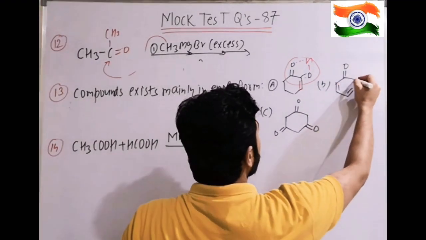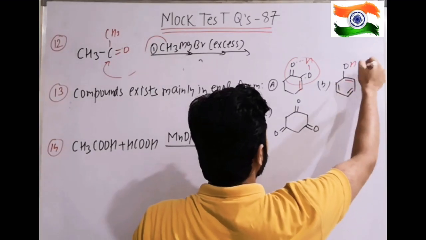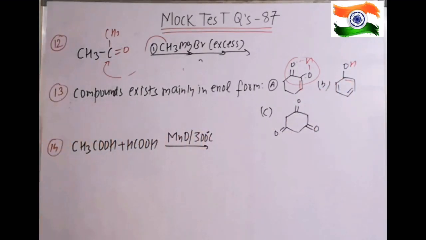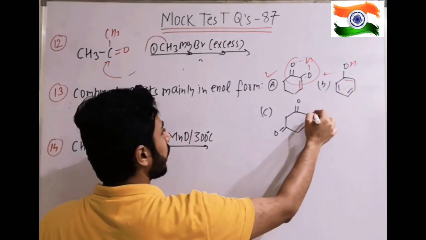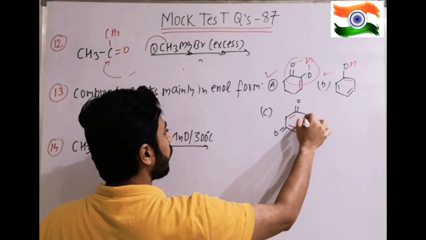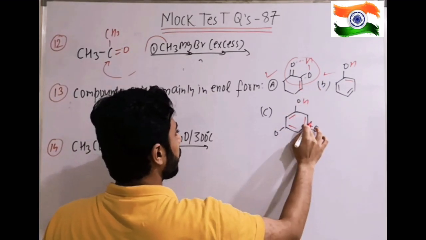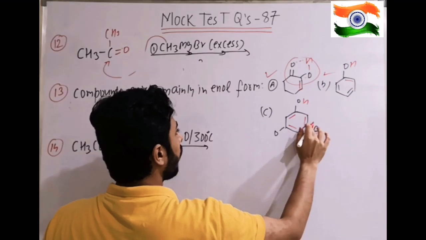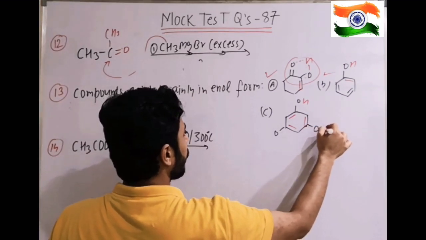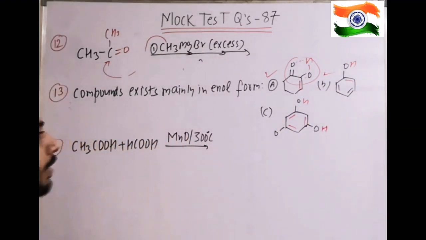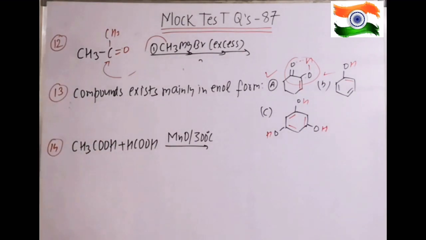This is clearly an example of phenol. I am not writing exactly how it is going on because in tautomerism we have done several examples. So A will also undergo enolisation, B will also, and this also contains alpha H. One by one all will participate and we will get 1,3,5-benzenetriol, which has a common name too, but I don't remember the exact name. This is aromatic and highly stable, so all of them will participate.